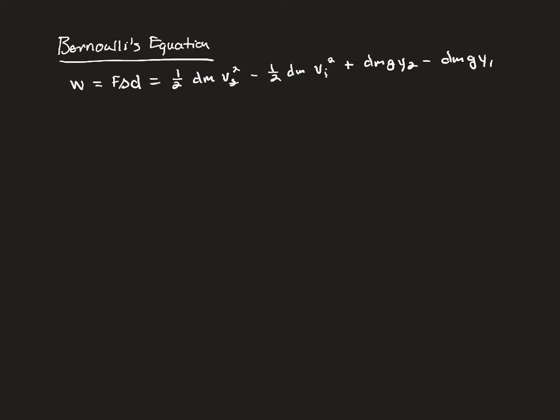Alright, so now I'm going to do a little bit of rearranging, because as we learned at the beginning of this chapter, we are going to want to talk about pressure rather than force. So we need to get our force times displacement in terms of pressure. We're going to do that by using the fact that pressure is equal to force divided by area. So this is going to equal our change in pressure times area, and then we still have our delta D in there. And then we're going to rewrite that